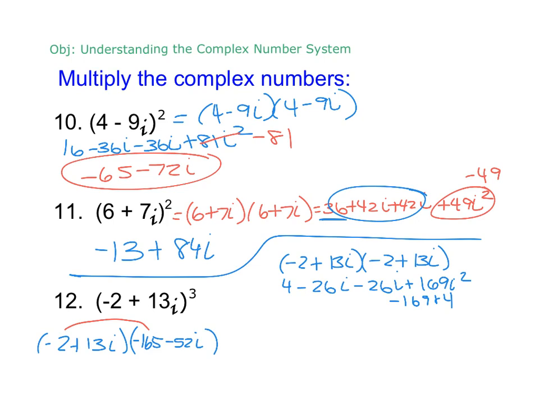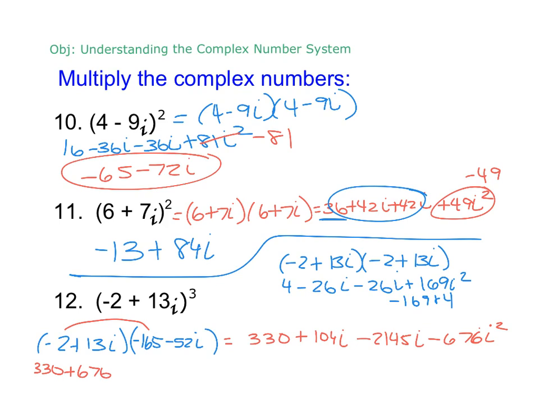Ooh. 165 times 2. 330 plus 104i minus 165 times 13. 2145. This one's gross. Minus 52 times 13. 676i squared. All right. So we end up with 330 plus 676